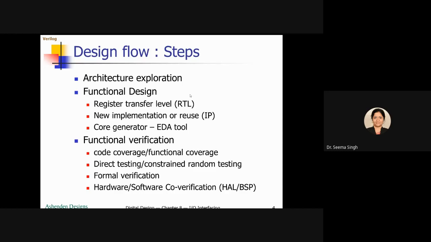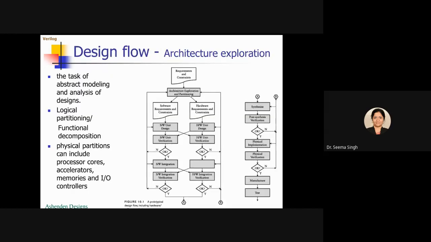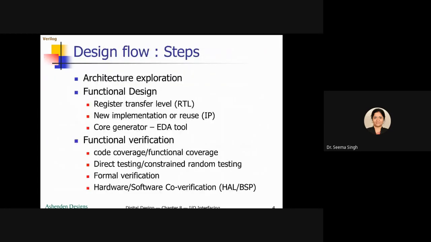So in your architecture, you saw that after functional design, what did we have? We had verification. So see here, based upon your constraint, you have done the partition, then you did the design, now you have to do the verification. So that comes under functional verification. Now again, very important points you have to note under functional verification. You can get various sub units type of question under this. So you have to understand it very carefully. If possible, write it down as and when I say.